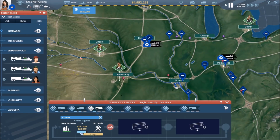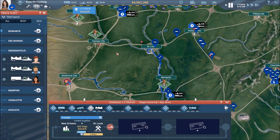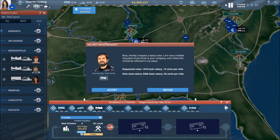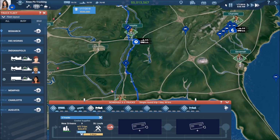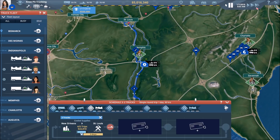we're perfectly fine. All right, so these guys in the reefer trailers are from this particular contract, which is perfectly fine because we've got what we need from them, which is to unlock. Let's see. Yes, we are going to accept this. We don't want to try to hire any new drivers right now. All right, these guys are going to Indy, and let's see, what are they? These are on the